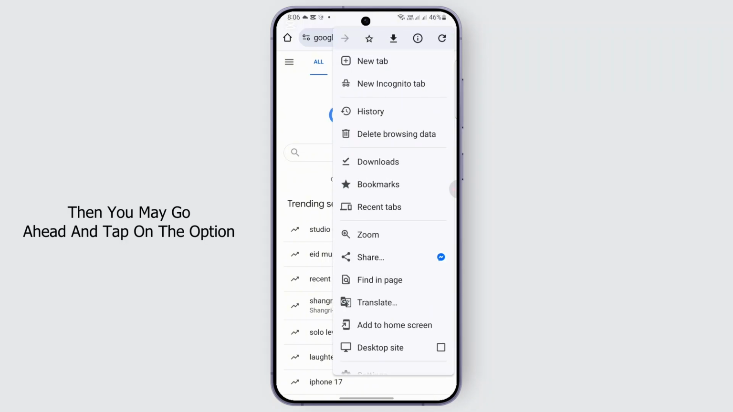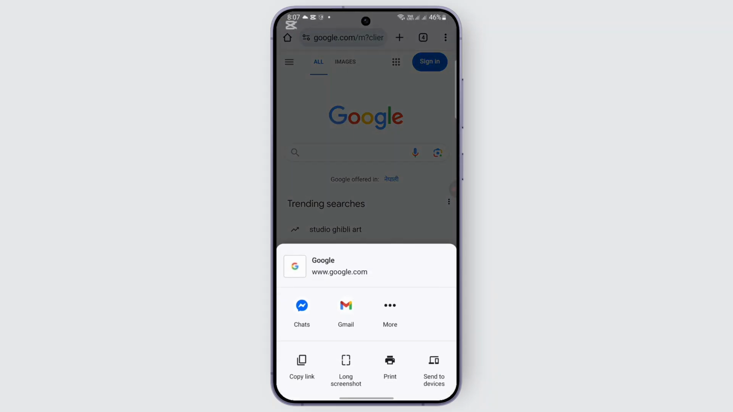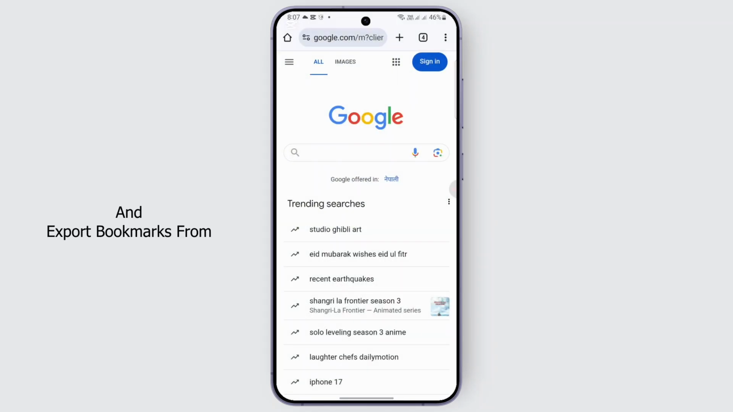ahead and tap on the option called share. This one right here, tap on it. And then you may select the method from which you want to share it. So that is it. That is how you basically share and export bookmarks from Google